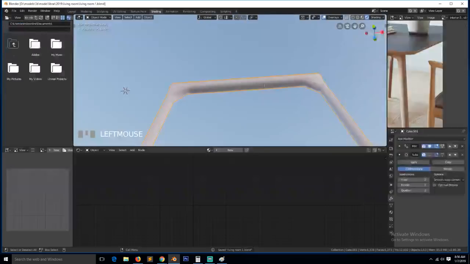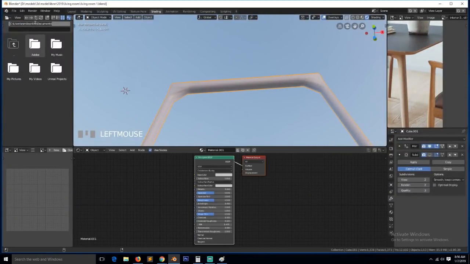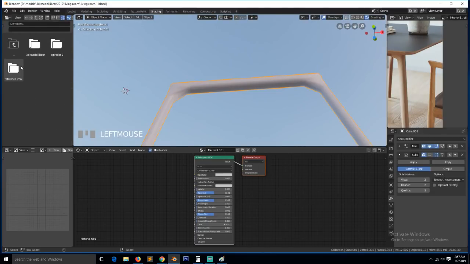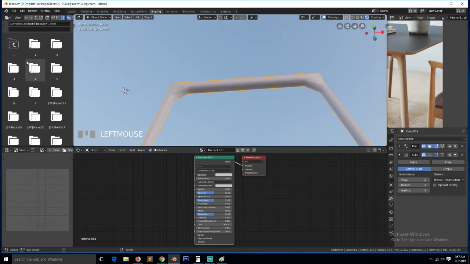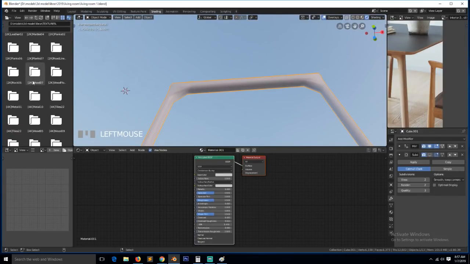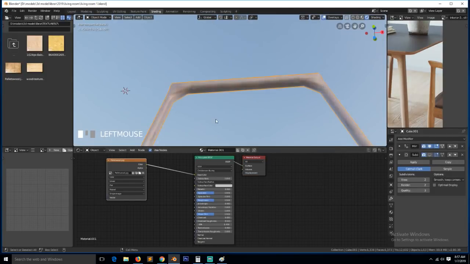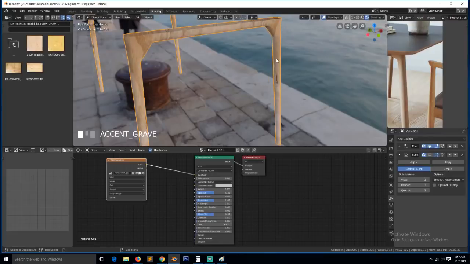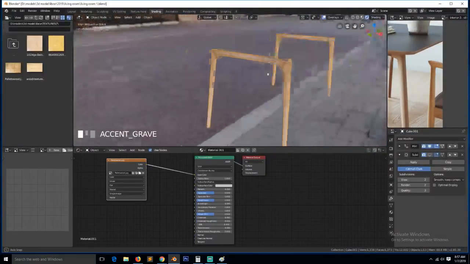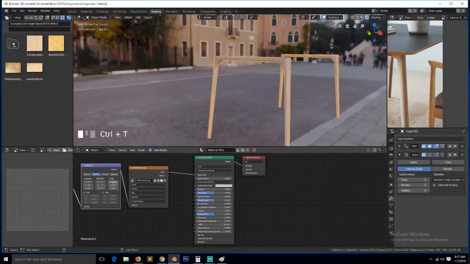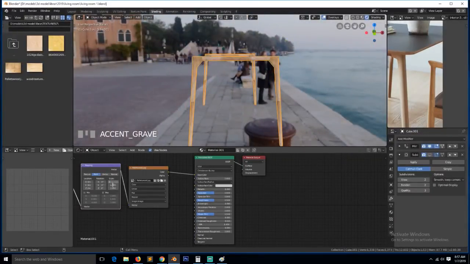So let's go back to shading, new material, I'll find the textures. And just use this, connect the color. Not sure if this is a good scale, but I can use the mapping here, change the scale a bit, scale it up a bit. I think it was good enough, so